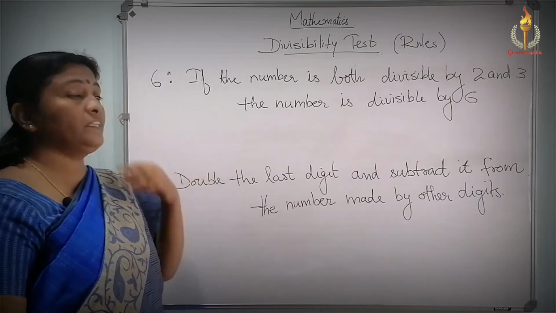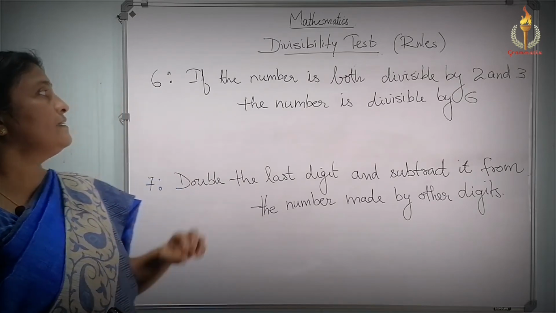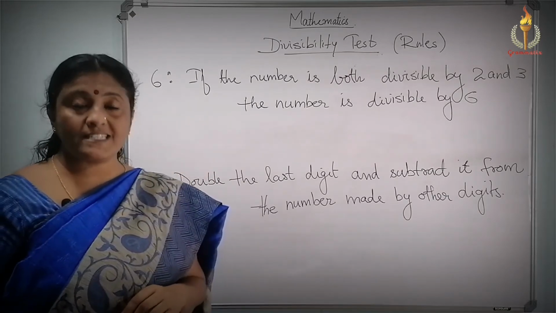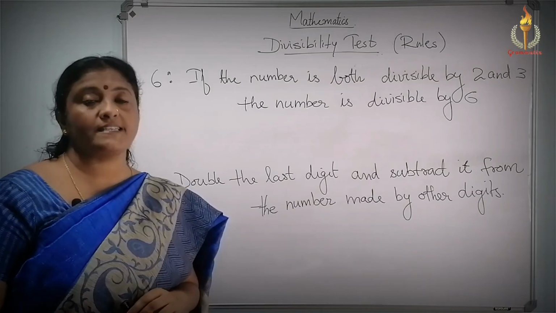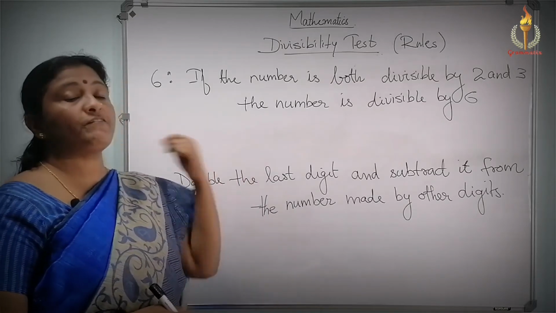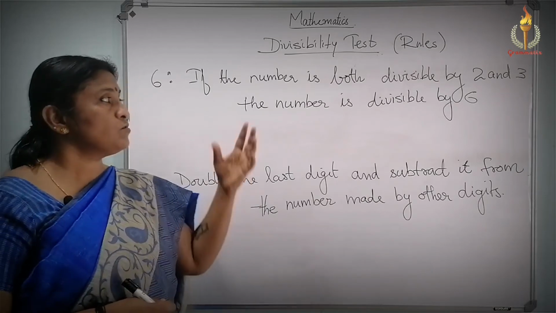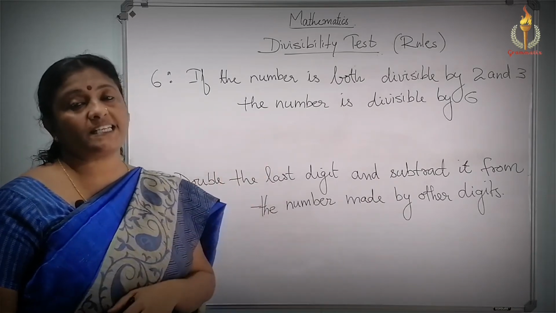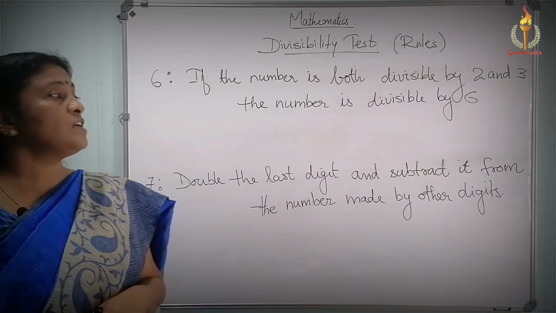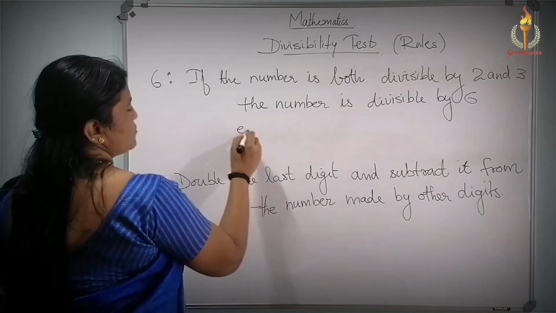So continuing with the divisibility test of 6. The divisibility test of 6 says that a number is divisible by 6 if it is divisible by both 2 and 3, because 6 is 2 into 3. So a number is divisible by 6 if it is divisible by both 2 and 3. So, example: